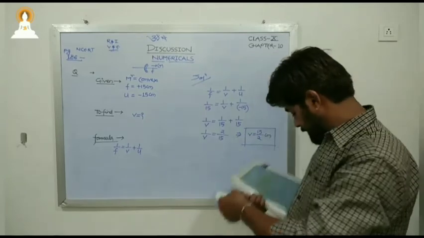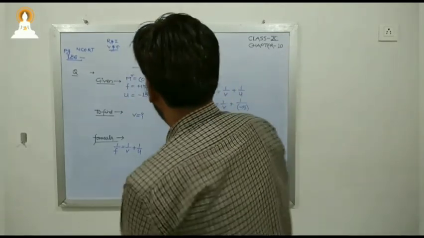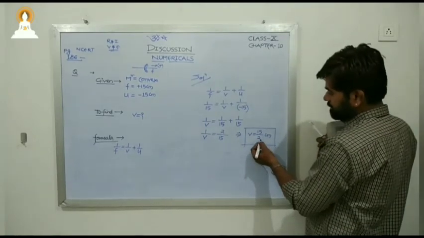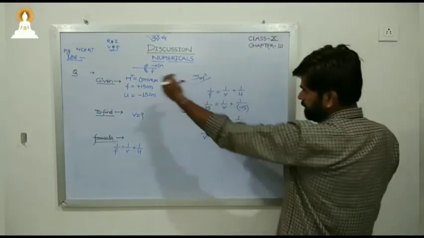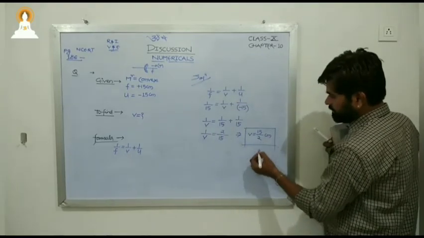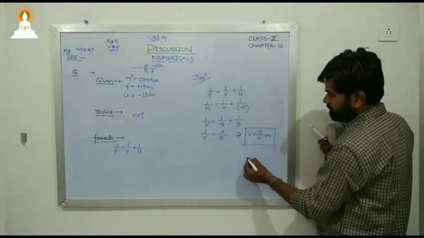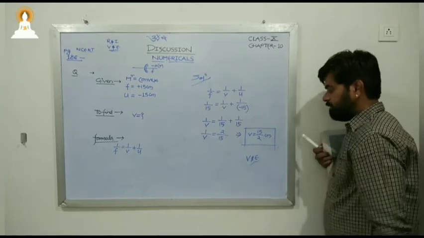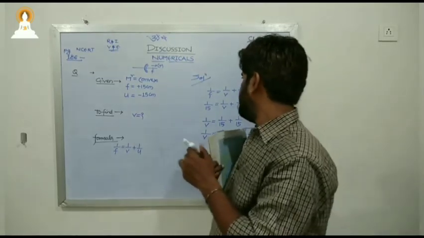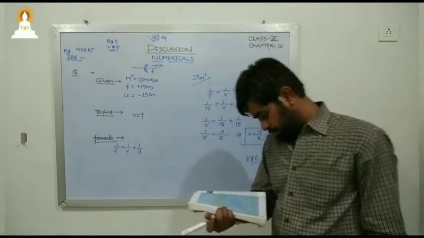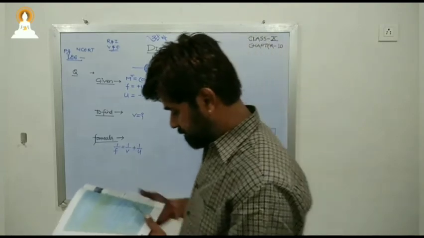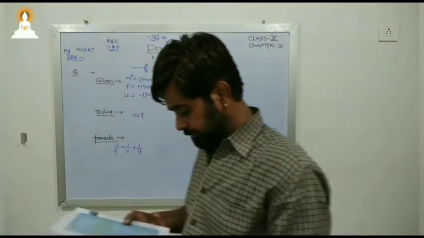So this is nothing but v. They had asked for the position and nature. Now see, this v is plus. If this v is plus, then the image will be on the right side. If it is plus, then the image will be virtual and direct. Virtual and direct. Okay, then next question: the magnification produced by a plane mirror is +1. What does it mean?